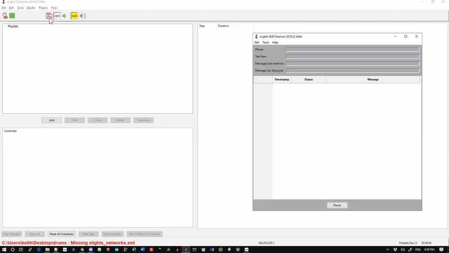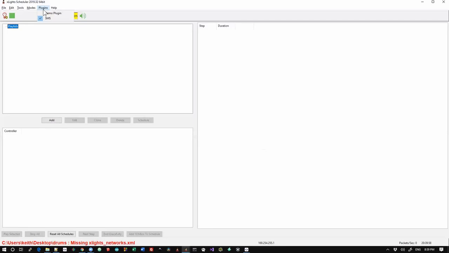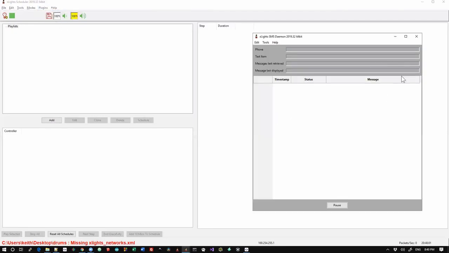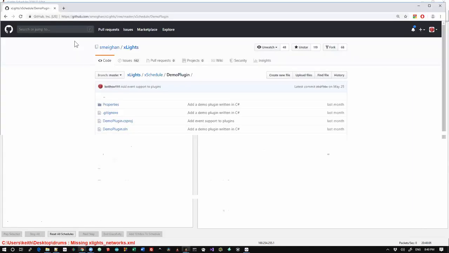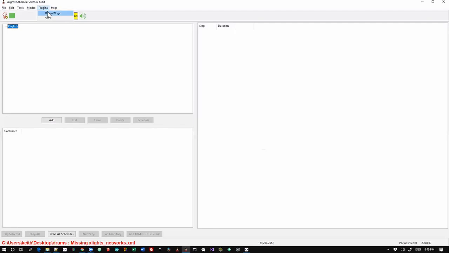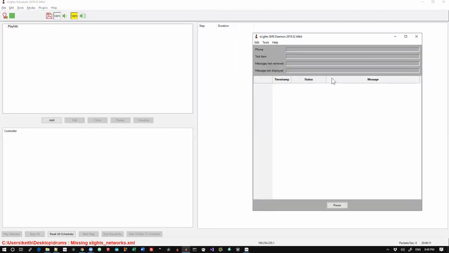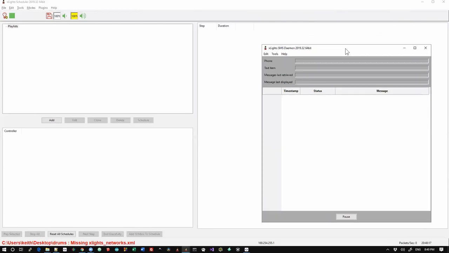So the SMS plugin is up here. If you basically check it, it becomes available. You can't close it here, so please don't try. If you want to disable it, you need to come up here and unselect it, and it goes away. It's not coming back. The SMS plugin is basically a bridge between an online or internet-based SMS service, which